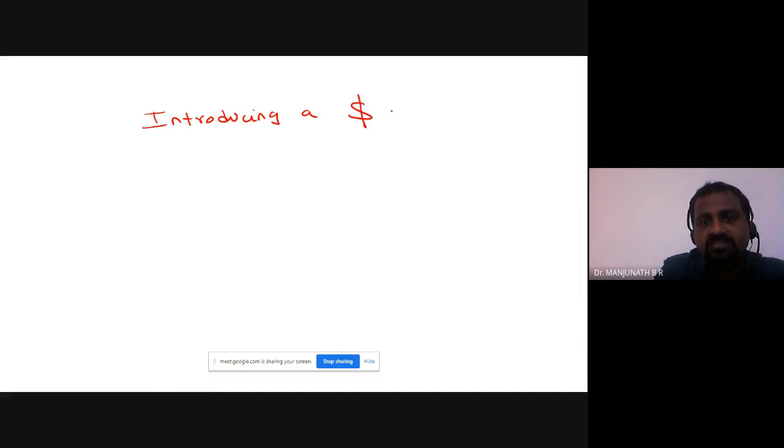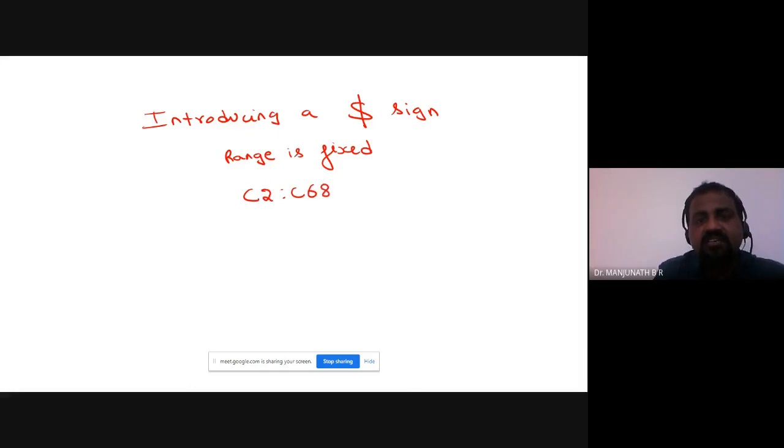And now, please see here what I'm sharing. Now I'm talking about introducing a dollar sign. The importance of introducing a dollar sign is that you will be telling Excel that the range is fixed. You know it is fixed, C2 to C68. This is a fixed range.